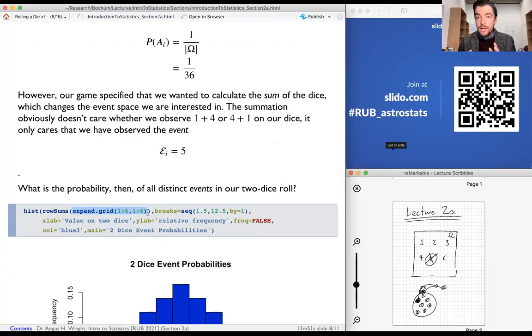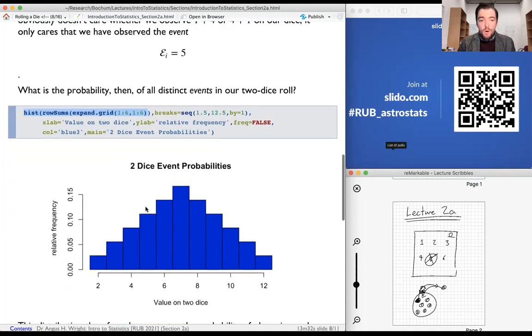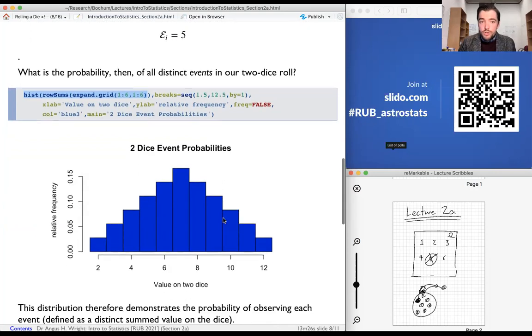Because all we do is we sum the two columns of that data frame, and that gives us the sum of every possible outcome, right? We then take the histogram of all possible sums of outcomes, and what we find is this distribution here. And this should make sense,